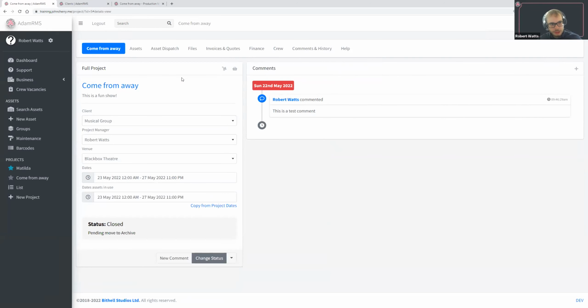Finally, to finish off how projects work, we will look briefly at sub-projects. When you're doing a large event like Come From Away, for example, you will probably end up with several mini events as part of that. For example, the SITS probe. Obviously, they're still related to this event, but they're not actually part of the main production week. So in this case, we can click on the little down arrow here, and we can create a new sub